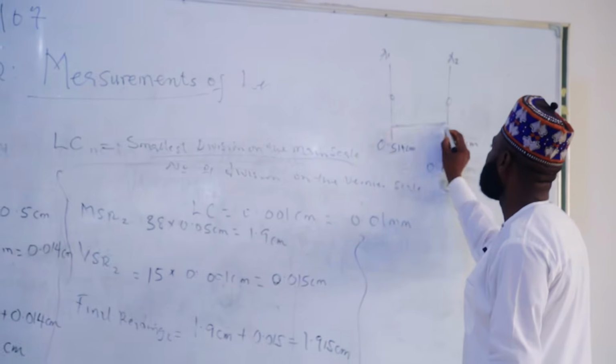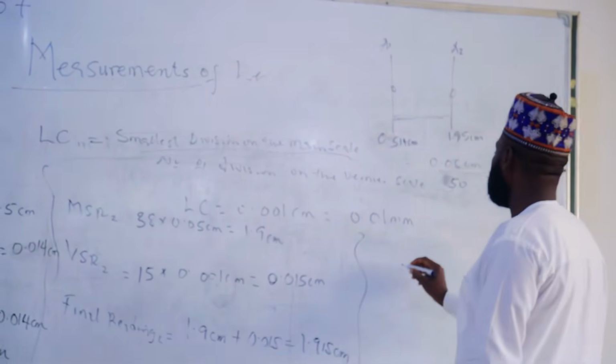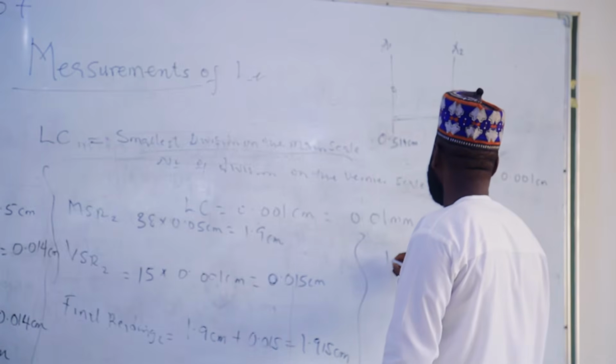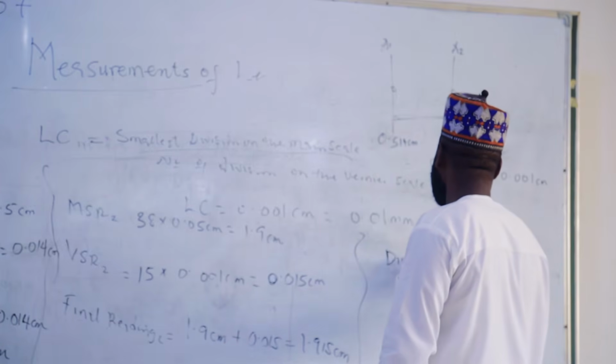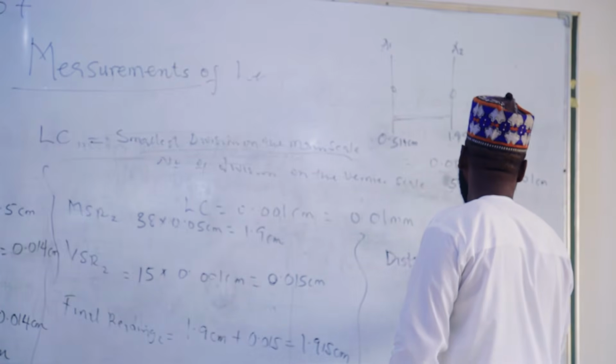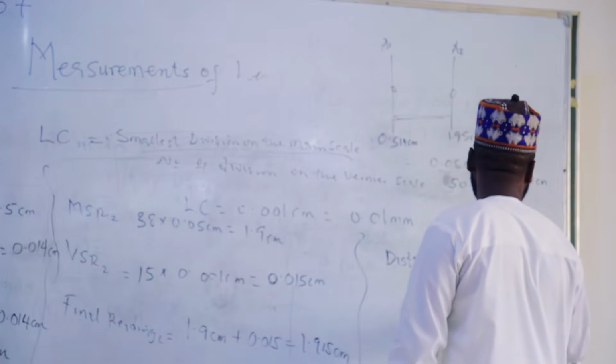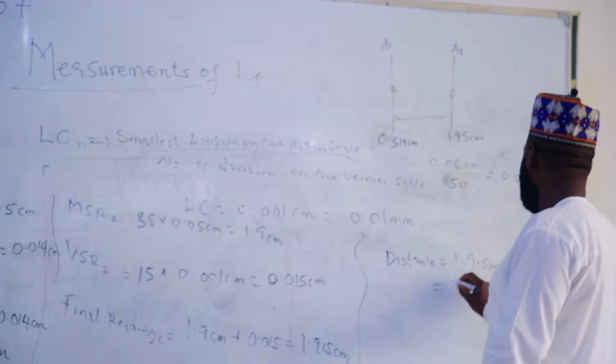So the difference will give us the distance between these 2 points. So the distance is equal to 1.915 centimeter minus 0.514 centimeter